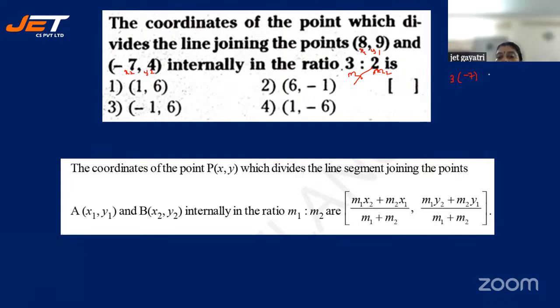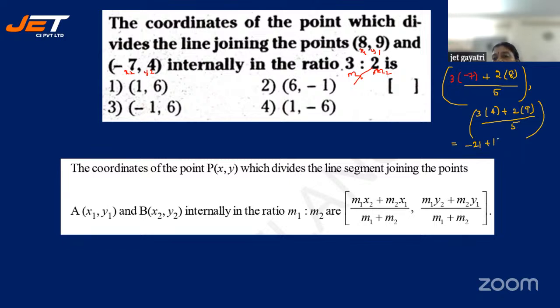Okay. So m1 into x2 plus m2 into x1 is 8, divided by m1 plus m2, which is 3 plus 2, 5. Okay, this is 1. Next you have m1 y2 plus m2 y1. m1 is 3 into y2, y2 is 4, plus m2 is 2 into y1, y1 is 9, divided by m1 plus m2, which is 3 plus 2, 5. Okay, so you get minus 21 plus 8 twos are 16 by 5,